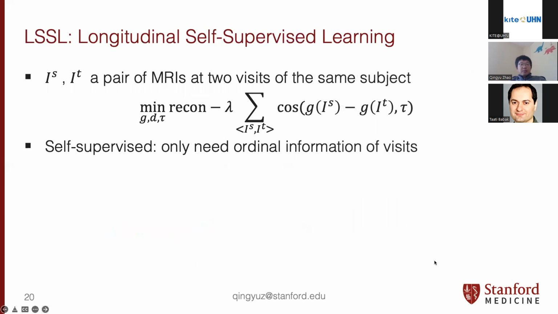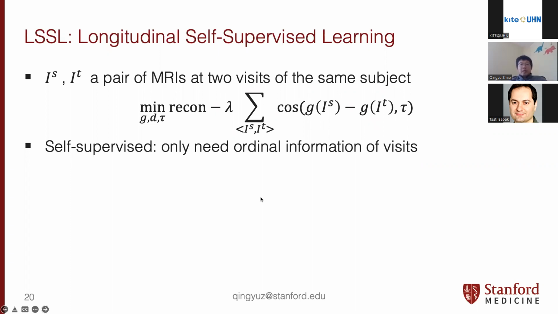And just to give a very high-level idea of the training objective function, in addition to this regular autoencoder loss, we added these cosine losses to encourage the parallelism between the progression direction of a visit pair of an individual and the global direction tau. And in this training, I want to note that it's fully self-supervised, because